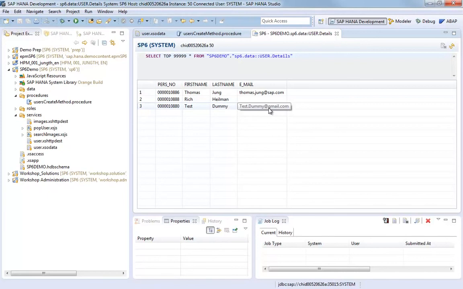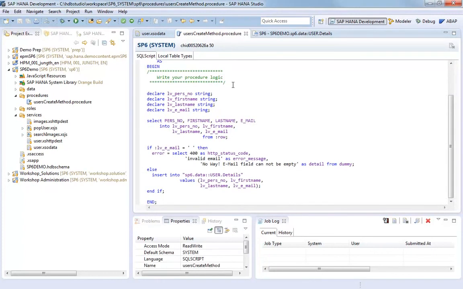So hopefully this has shown you how powerful the create, update, and delete operations of the generic oData service framework are, how easy they are to use, and how quickly you can be up and running with this with your existing services, but also how powerful it is to be able to have this exit mechanism, to be able to control the validation as well as the insert itself. This is really just the tip of the iceberg as far as what you could do in this exit mechanism, and then you can really concentrate on just the operation itself